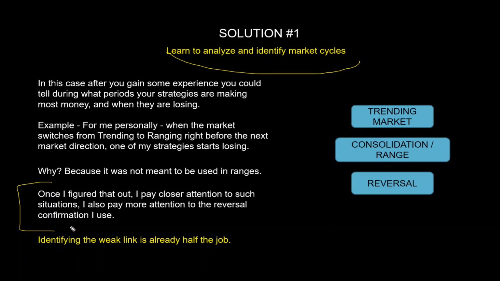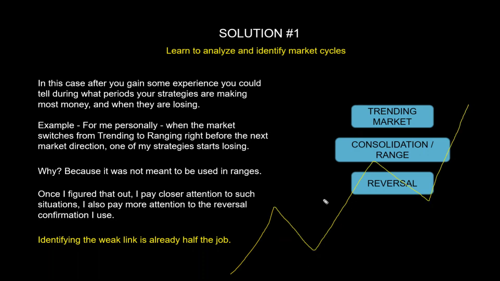Okay? Basically, the idea is to identify where the losses are occurring, the weak link, right? And fix it. Once you identify where the losses are occurring, this is already 50% of the problem solved. Now this is perfect and it works, and I do it on a daily basis, or weekly basis, depending on the time frames I'm trading. But it takes time, and I see people who are struggling with this, and they just at some point give up and they accept the drawdowns, and then they continue trading, all right.